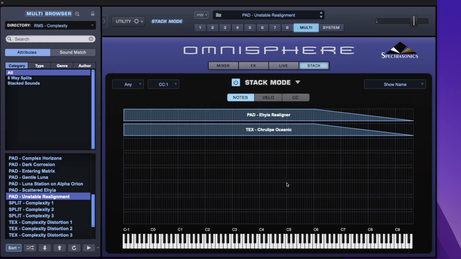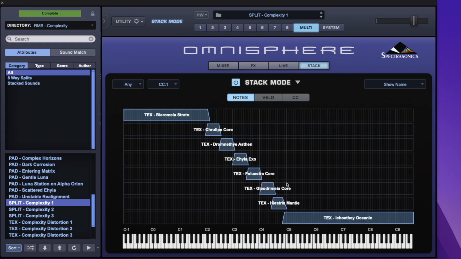And then we've got these splits coming up. Now these are interesting. So your notes will control what actually sounds. So on the bottom end we'll have that texture. If you see these little blue dots, that's going to tell you what note I'm pressing. So I'm in that texture. That texture note brings that texture on. That brings a different texture on. That brings a different one on. That brings another one on. And in between